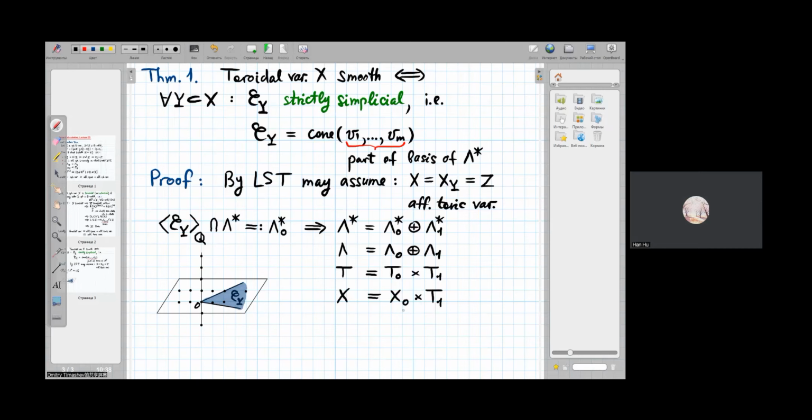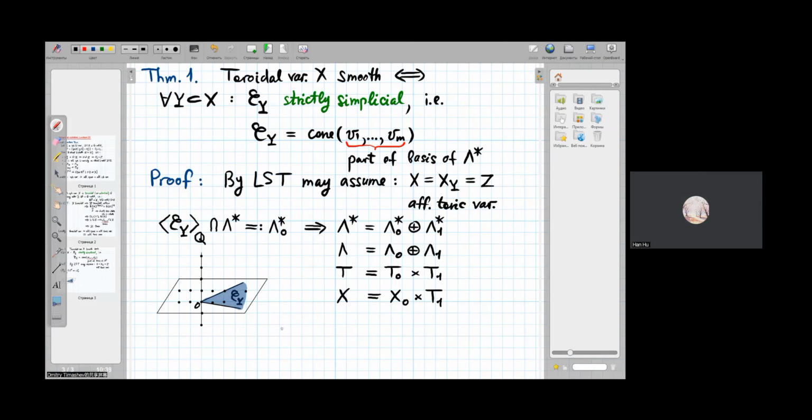Thus, since we are interested in smoothness, and the second factor T1 is just an algebraic torus, a smooth variety, an algebraic group, we can reduce the smoothness question to X naught. This means that we may assume,